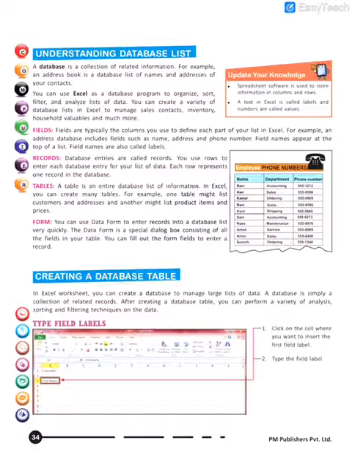Now in Excel, what is a database? Very important for you all to understand. A database is a collection of related information. So please underline this. What is a database? A database is a collection of related information. So we can use Excel as a database program to organize, that means to collect, as well as sort, that means to arrange, and analyze, that means to compile data.